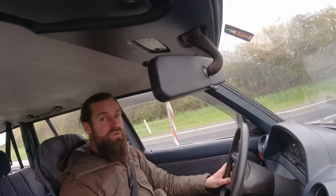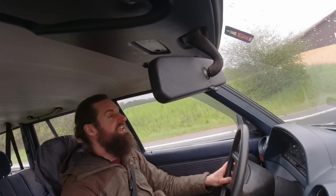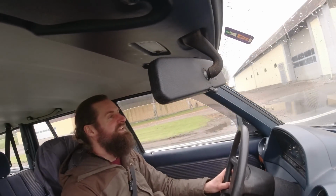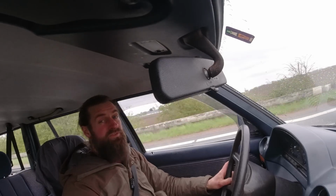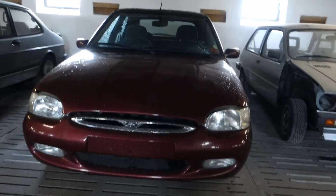It's the beginning of it all. Who knows, it could end up also being the ending. I just don't know when it's going to be finished, but to be honest, it's not that far off being ready. Next up is the Ford Escort, and as you can see, it's standing in my storage facility,